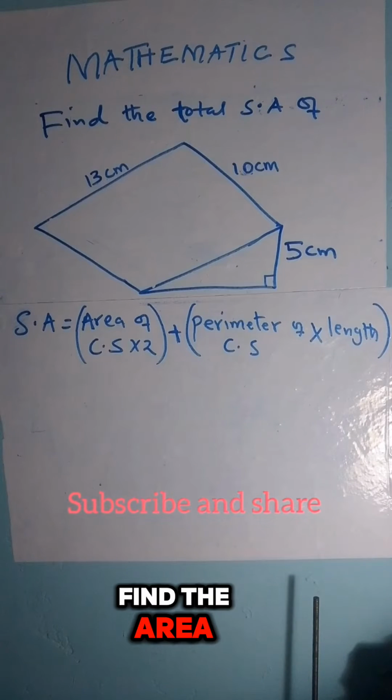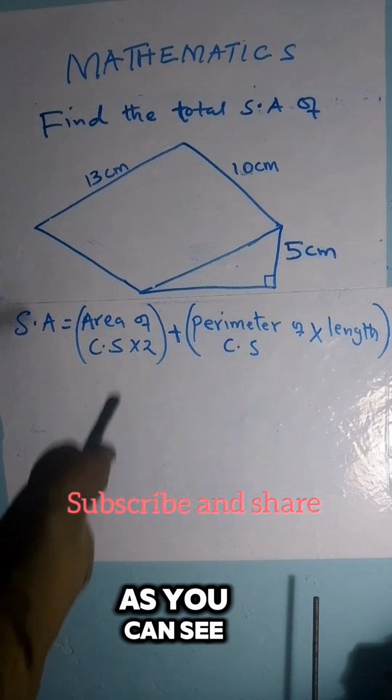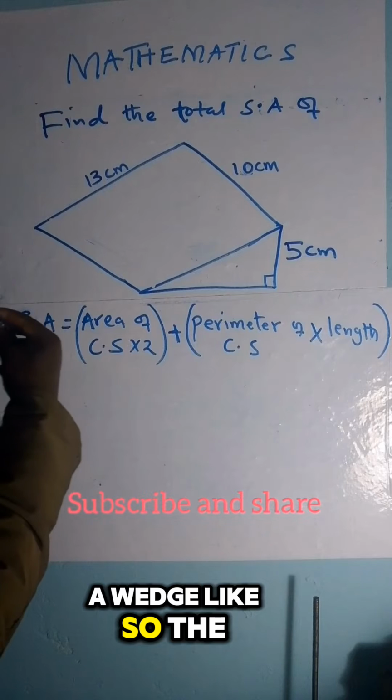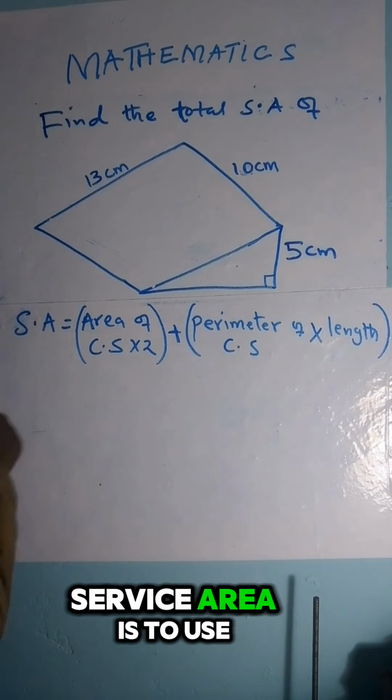Find the total surface area of the figure below. As you can see, this figure is a wedge. So the simplest way to find the total surface area is to use this formula: